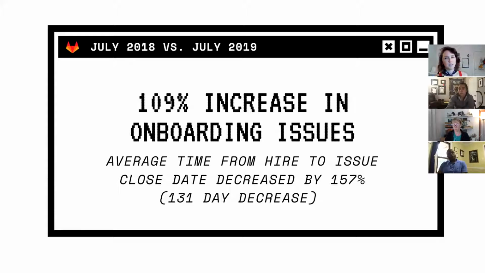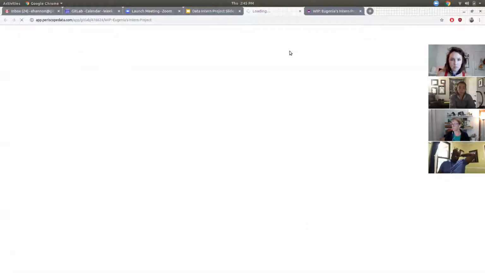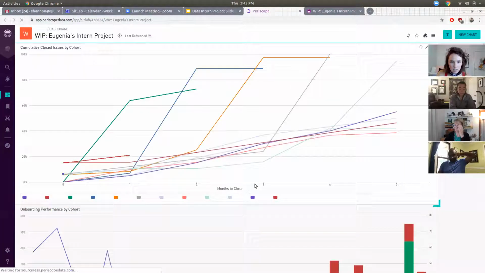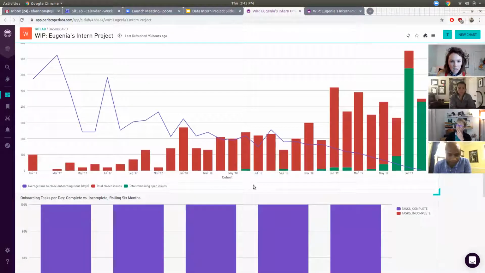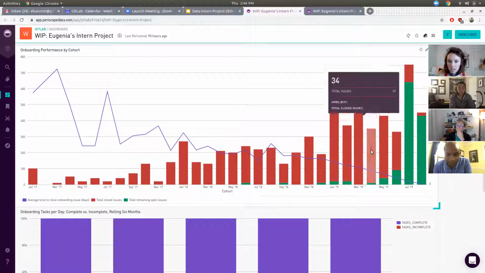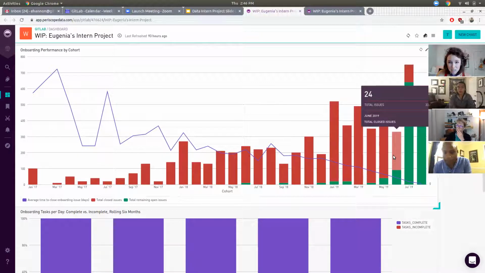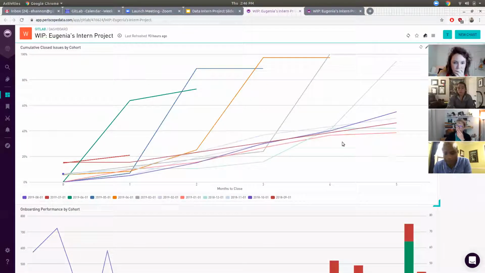I was going to say that the cohort chart, the first one that you showed, might be able to help say, this cohort after those mass closings of issues would be a good point of comparison. Totally. Yeah. So when were those mass closings? Do you remember? I think they were in June. Okay. So June right there. Yep, that's June.